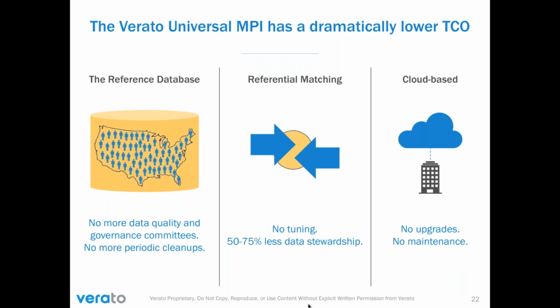So you get out of the business of either ongoing tuning or doing periodic cleanups, which is something that we didn't talk about. That wasn't in our list of these top 3 concerns to be aware of, but it is something to think about. Many organizations end up with these mis-set expectations on how much stewardship is going to be required. They only have 2 or 3 stewards, but the need is 5 or 6 stewards. What ends up happening is you build up this data quality issue backlog, and then periodically you have to go out and hire someone to come in and clean it up. And that's, again, a costly activity that can be avoided if you use a different approach like Verato is offering.